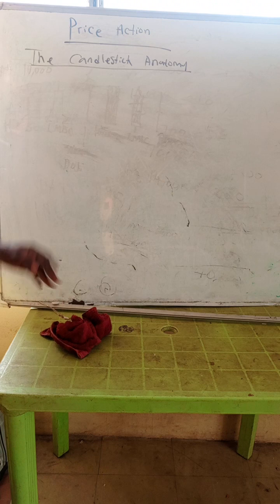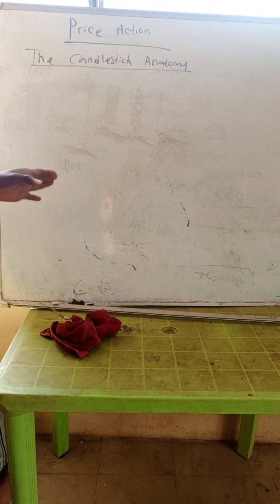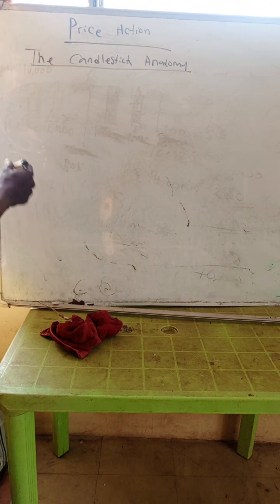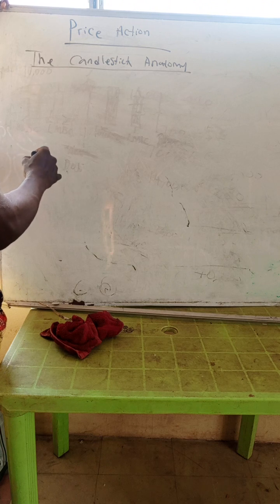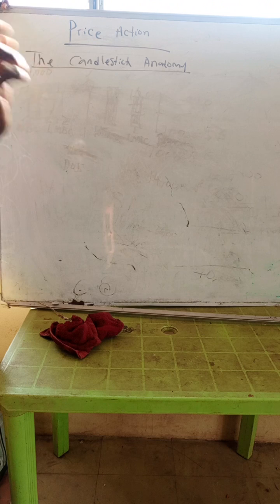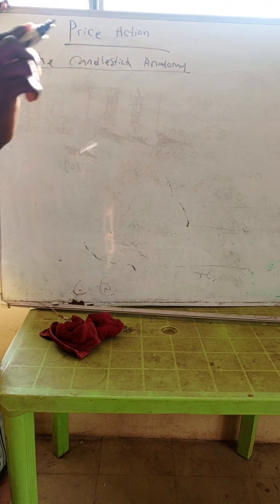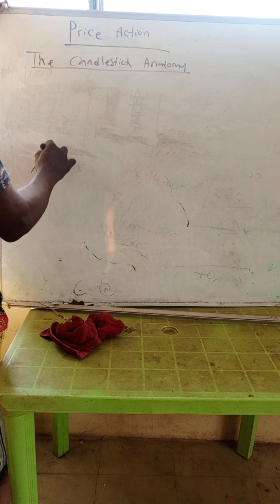Now I want to draw a chart on the board, representing these things we have just drawn. Let's look at this on the board. I'm going to use the line chart, not the candlestick chart, but I hope you understand what I'm doing. Imagine from a time we saw there was an increment of price.